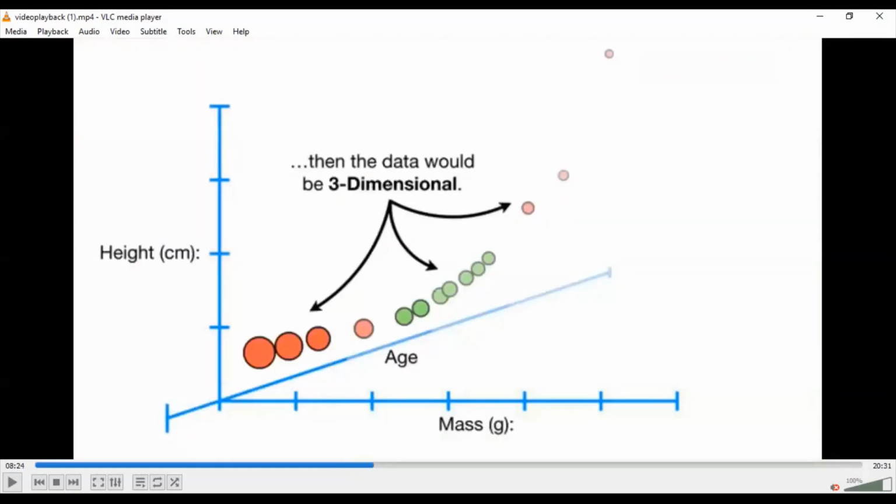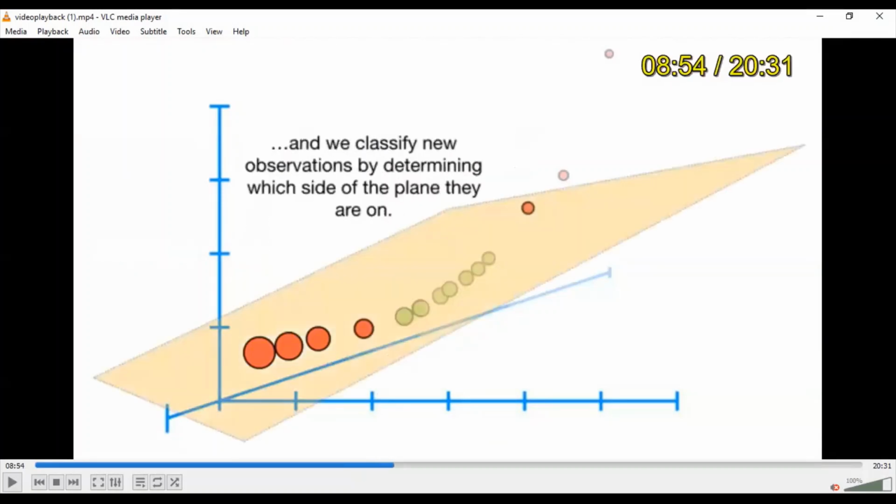Okay, now what exactly will we do in a 3D diagram? As I told you, if it's 1D, it's just a point. If it's 2D, it's a line. If it's 3D, simply, they will make a plane to classify. As you can see in this diagram, there is the x-axis, y-axis, and the z-axis is perpendicular to the screen, so the big points are closer to the screen, and as the points get smaller, they are farther from the screen.